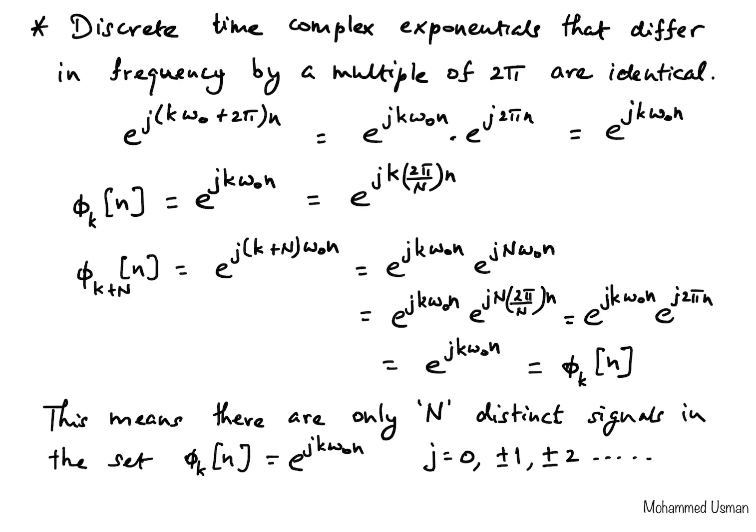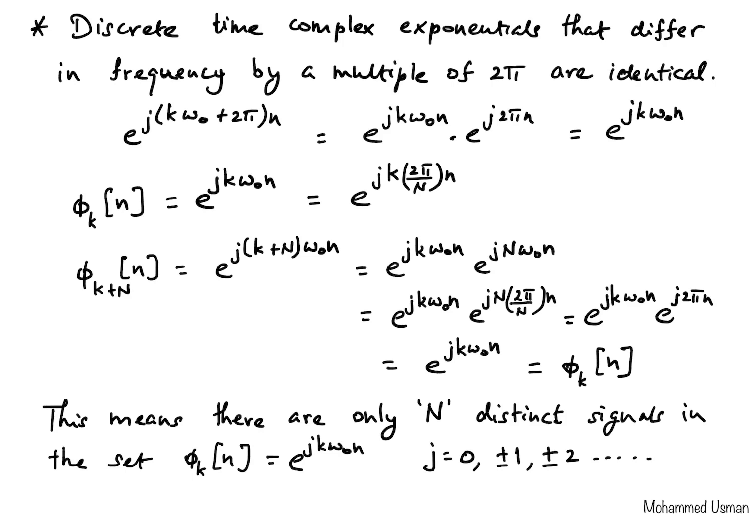Unlike the continuous time Fourier series, where we have an infinite summation, in the discrete time Fourier series the summation will be only over these distinct signals, because after that it's just a repetition. So we don't want to repeat, so we'll be summing only over the n distinct values or n distinct complex exponentials. So even though we have these values for k,